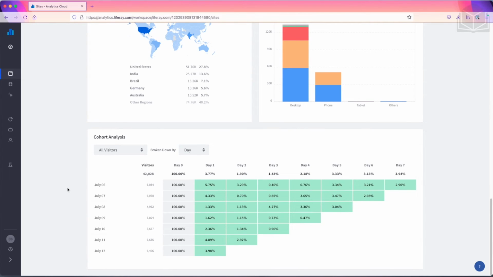The last panel on the site's dashboard is the Cohort Analysis. Here, we can see a breakdown of the retention rate of site visitors over a set time frame. We have the option to look at all visitors, or only anonymous or known visitors. And we can break this down by day, week, or month. So, if I want to look at all anonymous visitors, broken down by week,